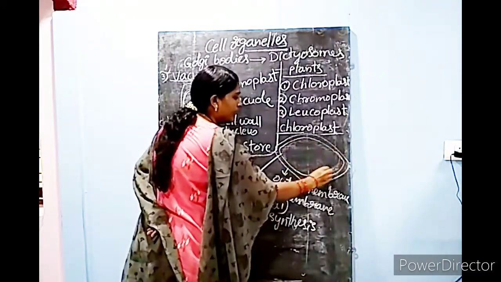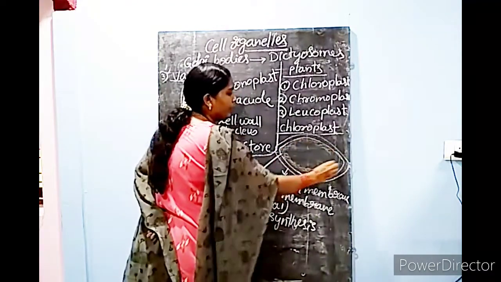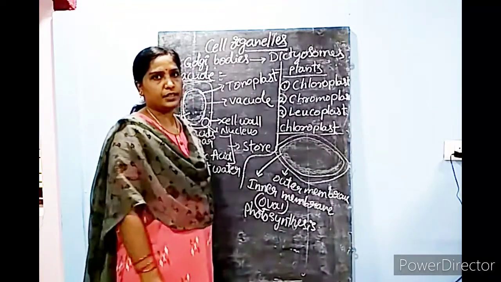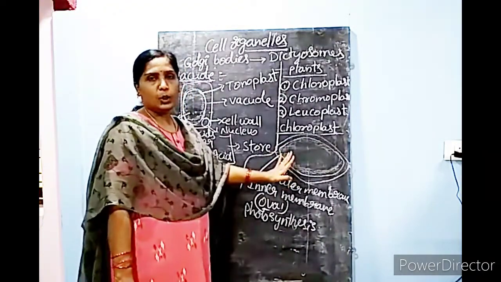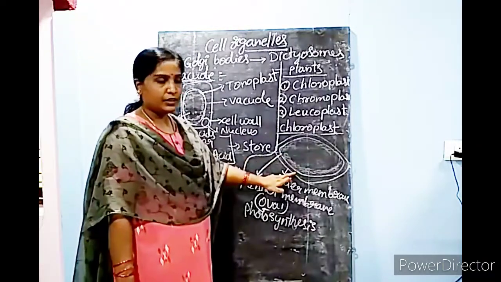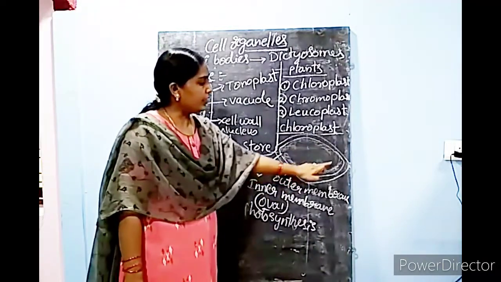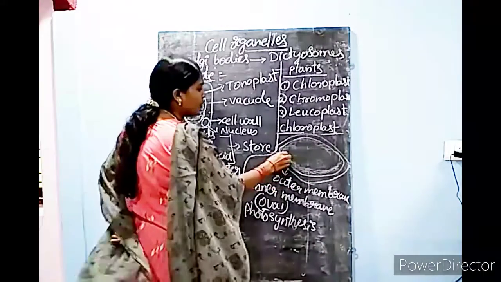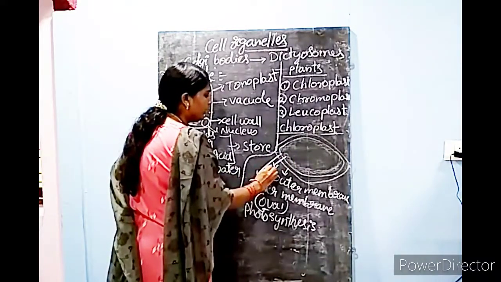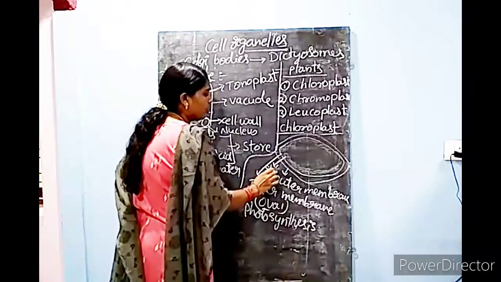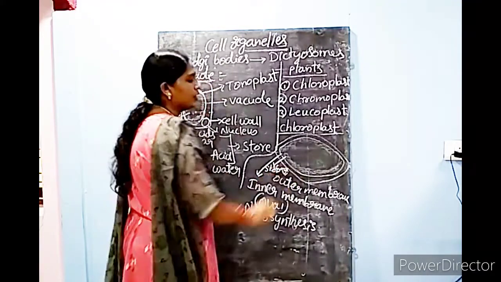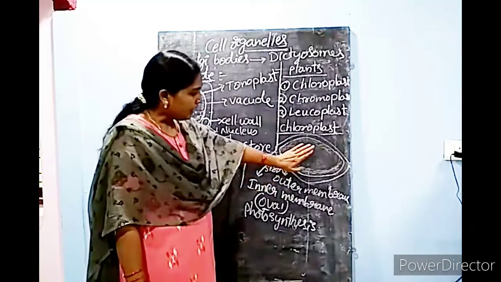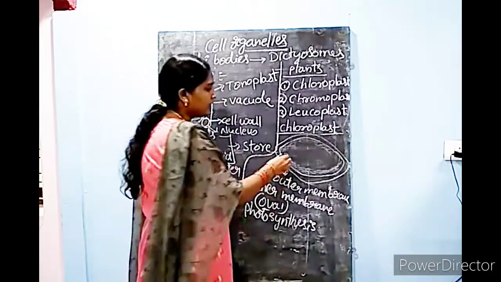Inside this inner membrane is a liquid, like how our cytoplasm appears, a jelly-like structure. In the same way, in the chloroplast, after the inner membrane, the jelly-like liquid substance present is known as stroma. So inside this chloroplast, stroma is present, and in the stroma some